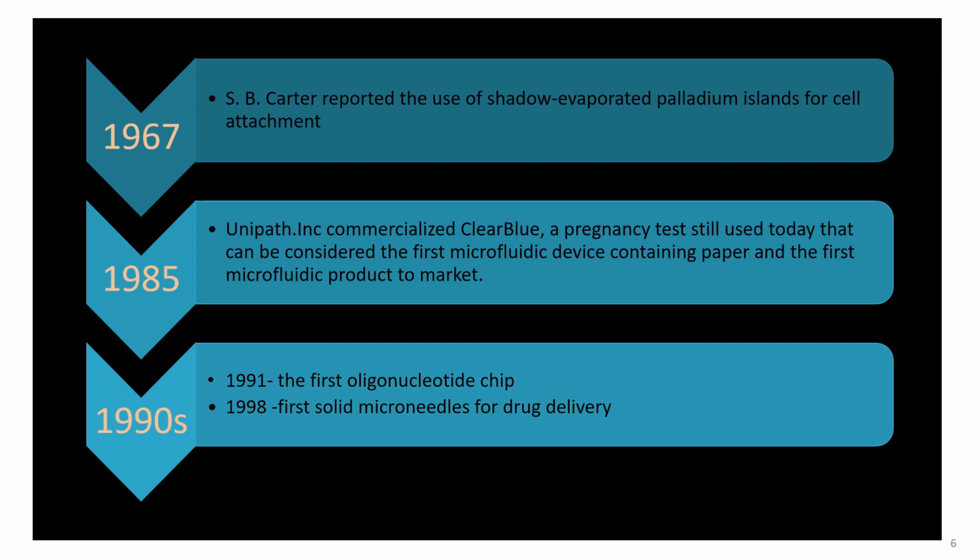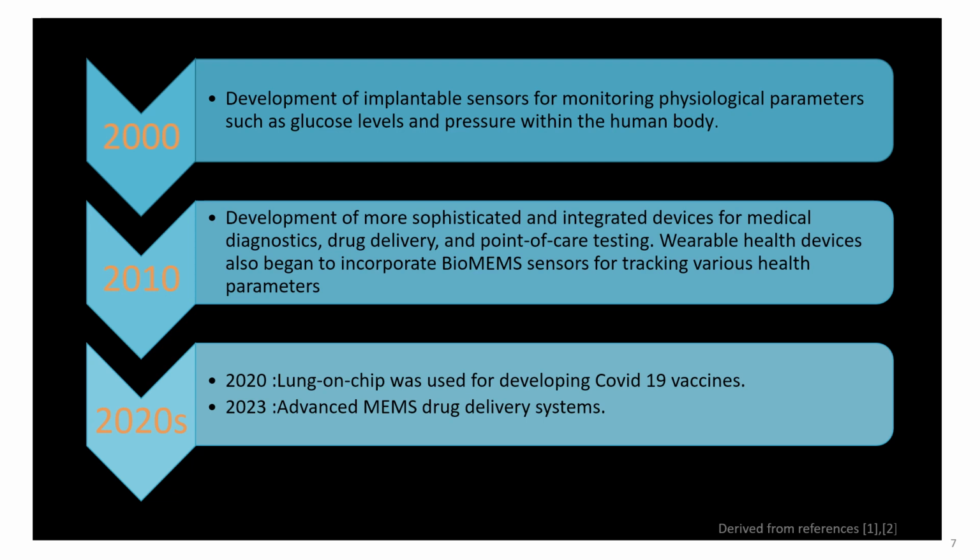Then in 1991, the first oligonucleotide chip was developed. Then in 1998, the first solid microneedles for drug delivery were developed. In the year 2000, we could see the development of implantable sensors, which are miniaturized devices or sensors designed to be inserted into the human body or human tissues. These devices can be used for monitoring various physiological parameters such as blood pressure, glucose levels, etc., within the human